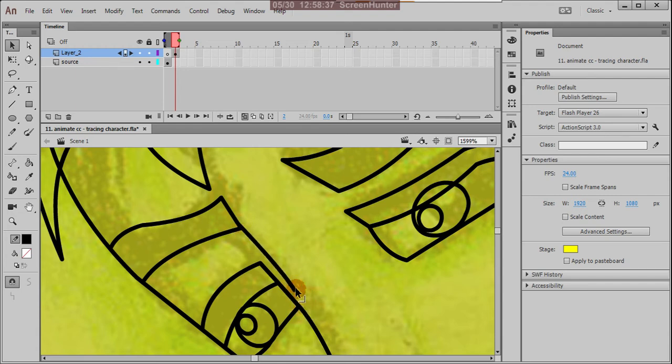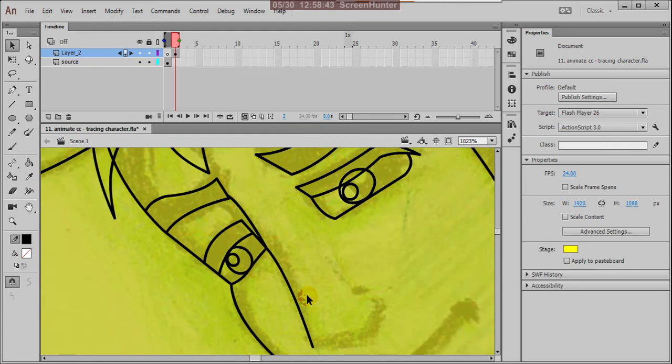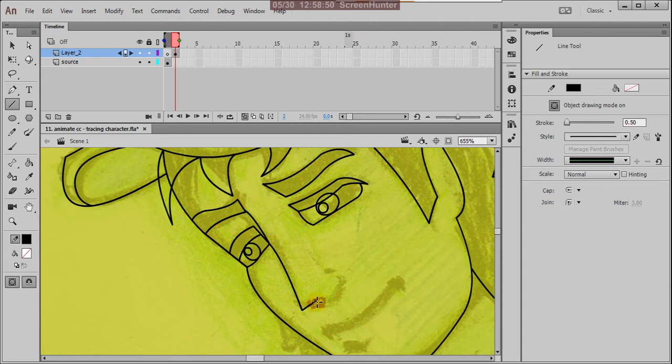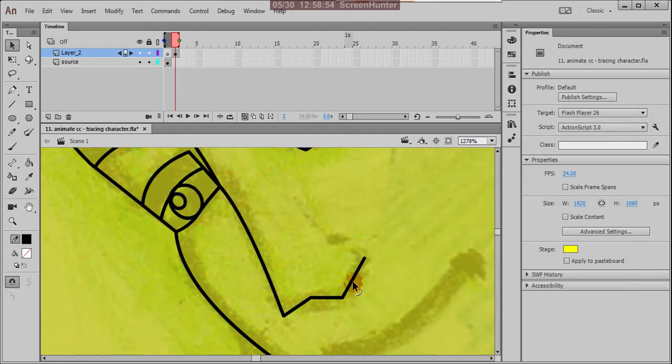With these two tools I'm creating your entire character. So the line tool is very important in Flash. Mostly we create all our drawings with this tool only.